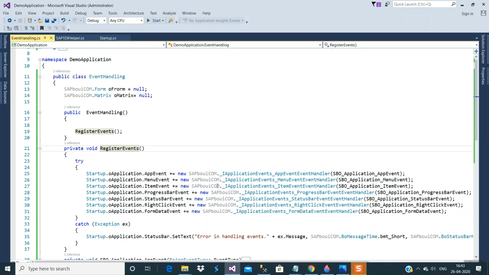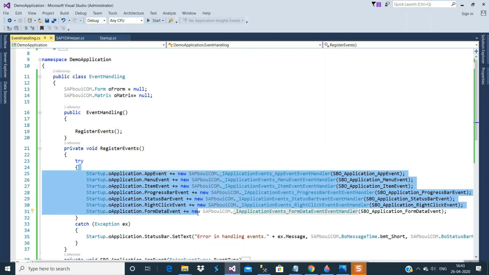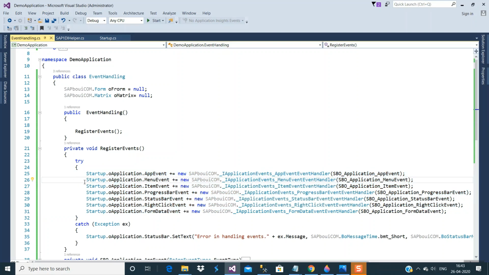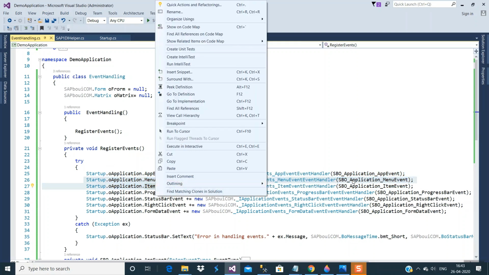Expand this and you can see that in SAP Business One SDK we have these types of events for our application that you can register and use: app event, menu event, item event, progress bar event, status bar event, right click event, and form data event. The most important and mostly used events are these three. Here we are going to use these two events. So let me move to the menu event.